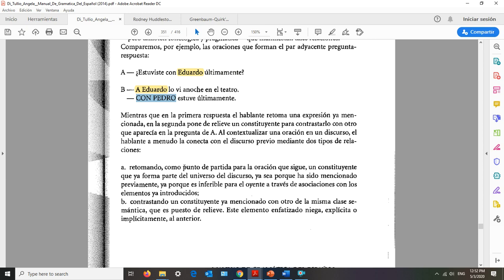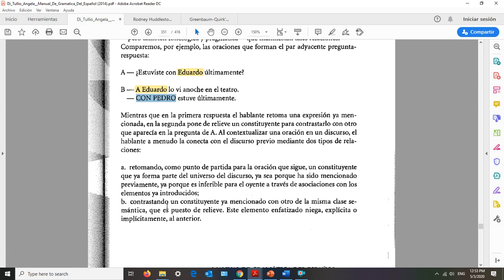Getting back as a starting point for the upcoming sentence a constituent that already belongs to the universe of discourse, be it because it's been mentioned before, or because it's retrievable